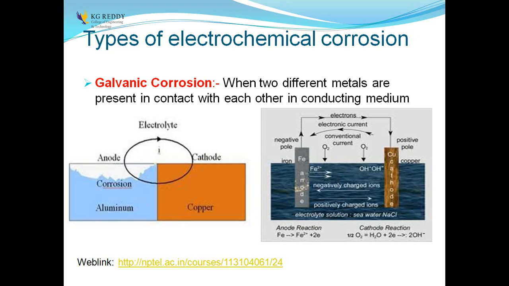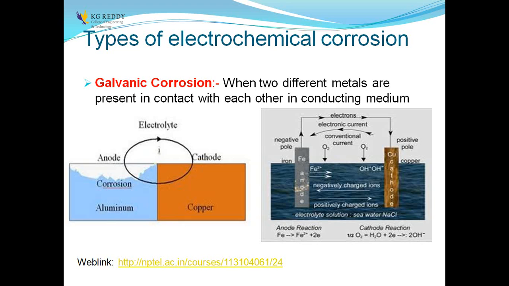Everyone knows corrosion is the destruction of metal due to environmental conditions. Corrosion results in a loss of material as well as a waste of money. To avoid this loss of material and waste of money, we have different controlling methods to avoid corrosion.